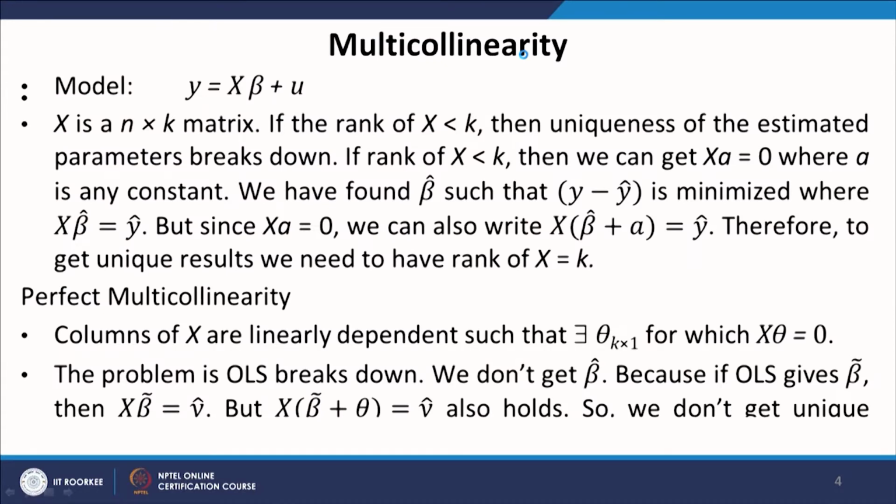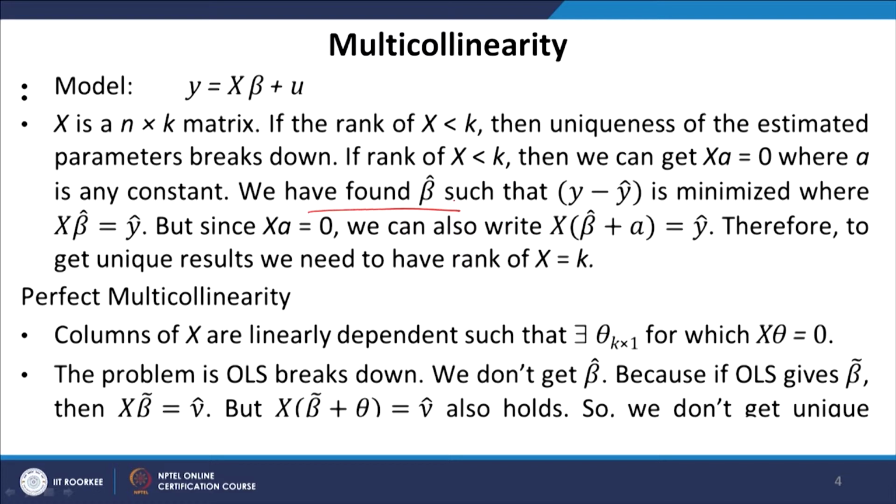So, we again begin with our population model, which is y equals X beta plus u. Now, X is an n by k matrix. If the rank of X is less than k, then uniqueness of the estimated parameters breaks down. Now, we are specifically talking about the problem of perfect multicollinearity. What happens? If rank of X is less than k, then we can get X multiplied by a equals 0, where a is a nonzero constant vector. So, we have found beta hat such that y minus y hat is minimized, where X beta hat equals y hat. This is the standard thing that we have